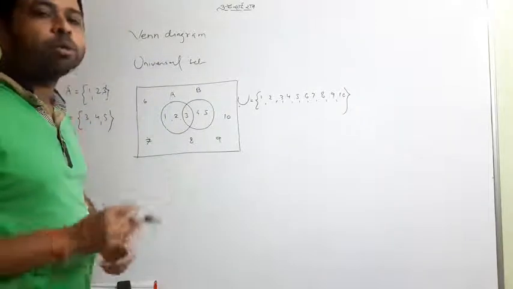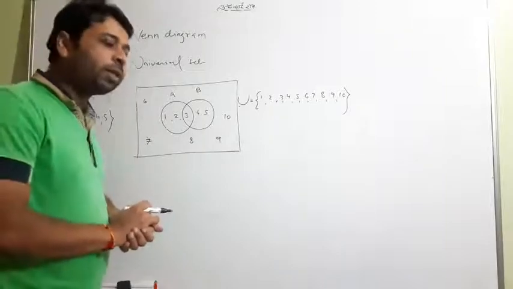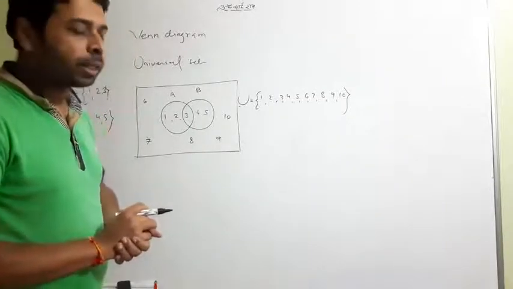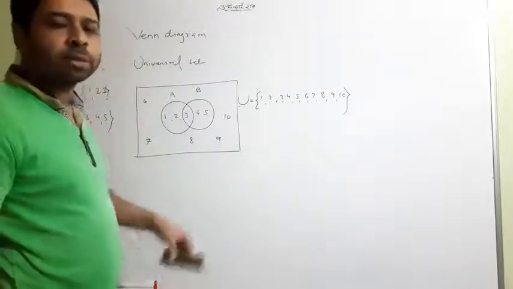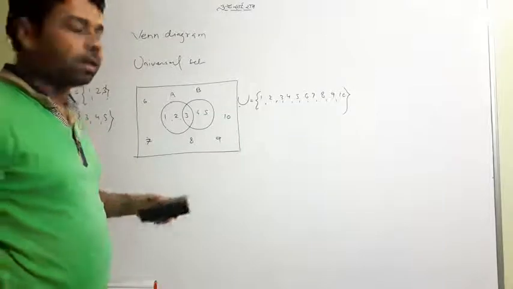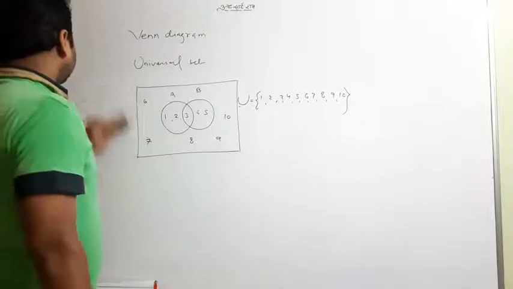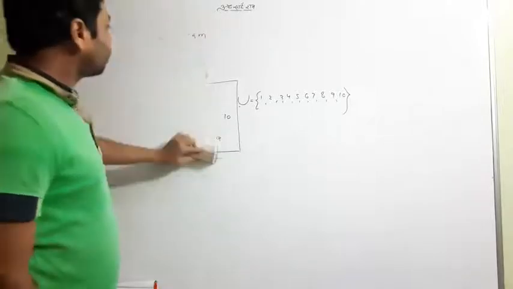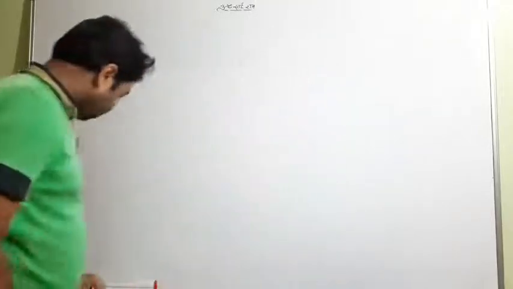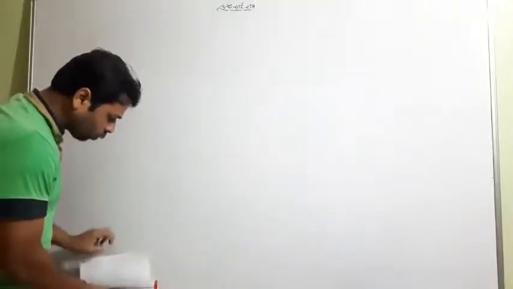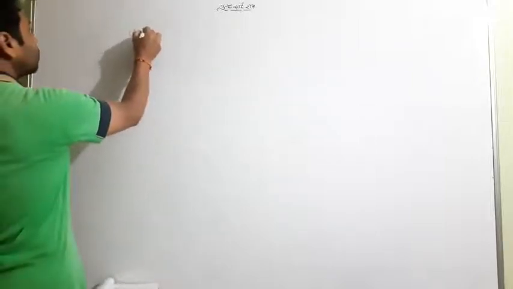Now whenever it is asked, or whenever you find it convenient to make a picture for the question, you have to make the Venn diagram. Without it, sets are actually not complete. I think sets will be fulfilled easily with the Venn diagram. Okay. Now we'll see some more things upcoming. There are lots of things to be told, so let me first complete the operations on sets. It is very important.